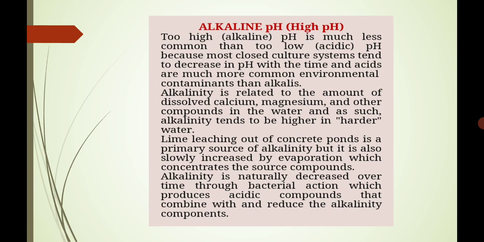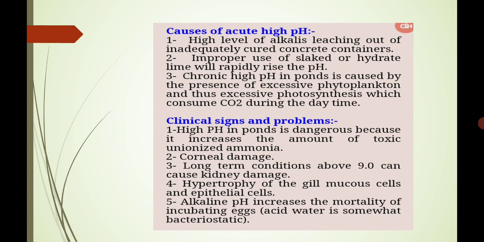Now the lime leaching out of concentrated ponds is a primary source of alkalinity, but it is also slowly increased by evaporation, which concentrates the source compounds. Alkalinity is naturally decreased over time through bacterial action, which produces acidic compounds that combine with and reduce the alkalinity components. Now the causes of acute high pH: high levels of alkalis leaching out of